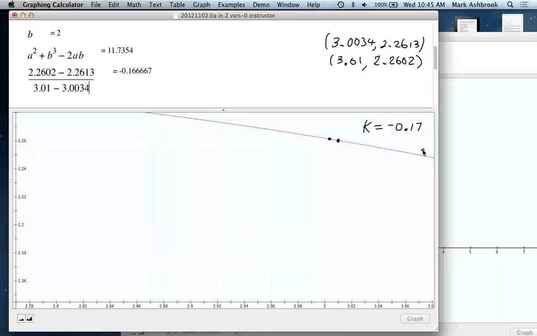Let's regroup. All right, so I've said this before, but this conversation right here is arguably the most important conversation we have all semester, and we've done it over and over again because this is the essence of rate of change. So, Zoe, how'd you do? Can you tell me what is the meaning of this number and how can we make sense of it in this situation? When x is equal to 3 and y is 2.26,